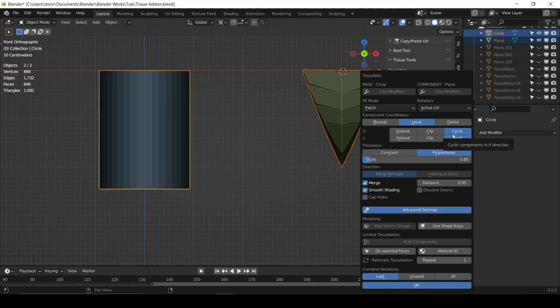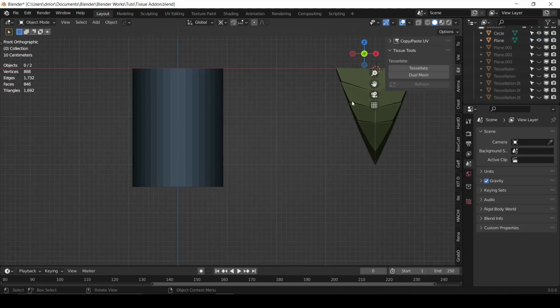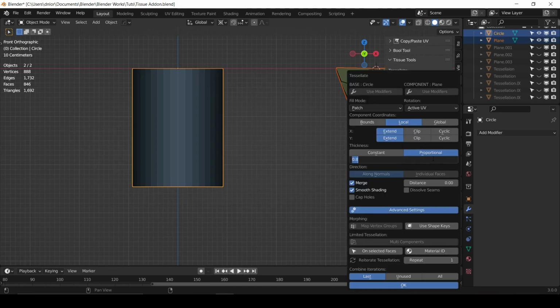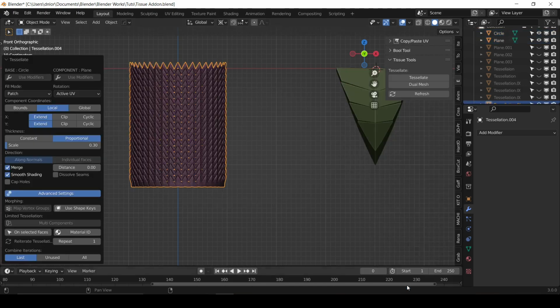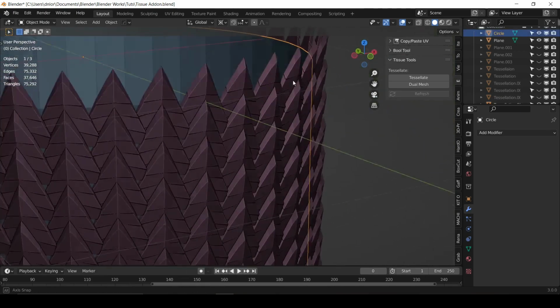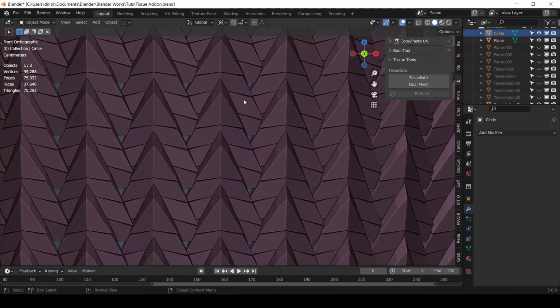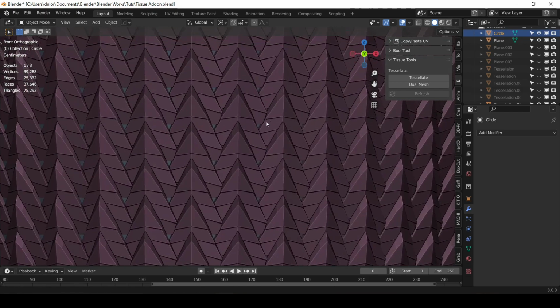The cyclic, how I can explain it is that at the boundaries of the mesh, it sort of cuts it off. If you use extend, I've been using cyclic. If you use extend, it sort of, oops, that's too thick. I think I played with the settings a bit. Okay, so point 0.3. So extend sort of goes beyond, this is where the mesh stops, this is the boundary, and then it goes beyond. That's how I'll put it. And also it sort of packs everything in there,